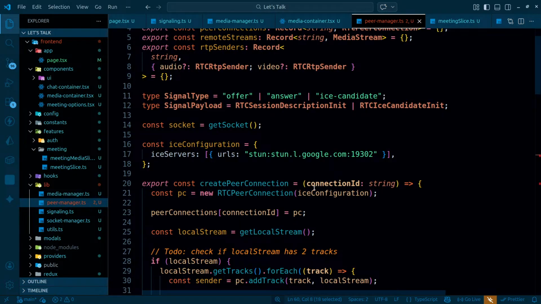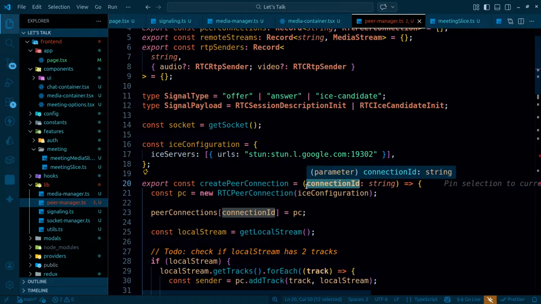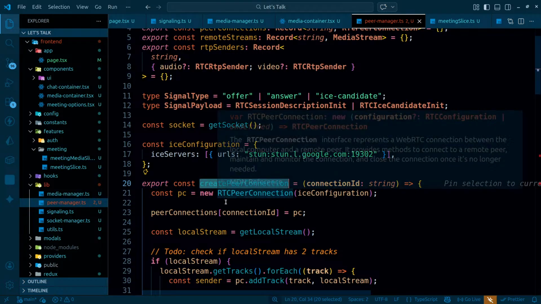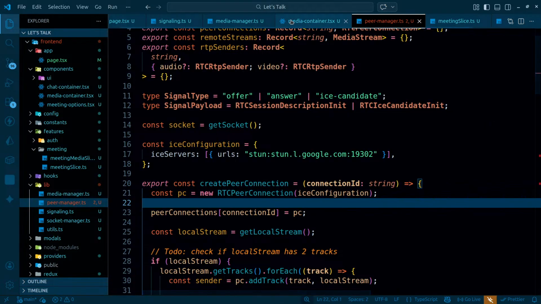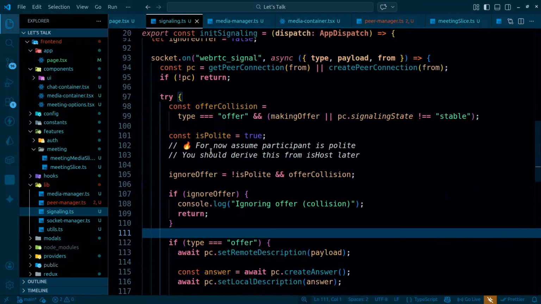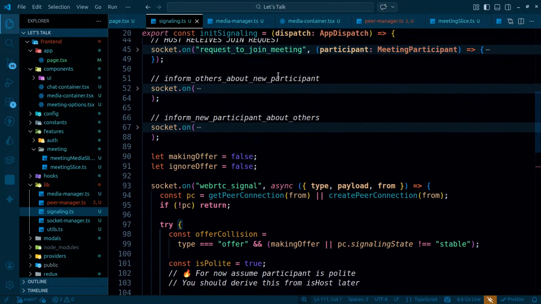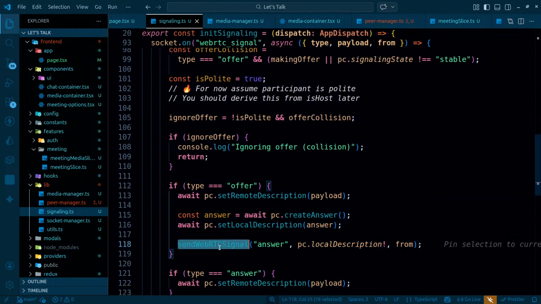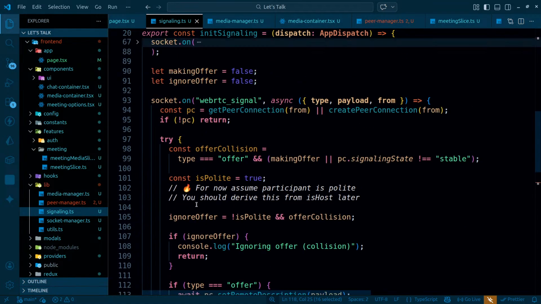So this is a create peer connection, and this peer connection doesn't really have the value of that. In that case, where am I creating the peer connection? As soon as the new user joins. So inside signaling.ts, do I have dispatch here? Yeah, I do have. So inside this, whenever I'm creating the new connection,